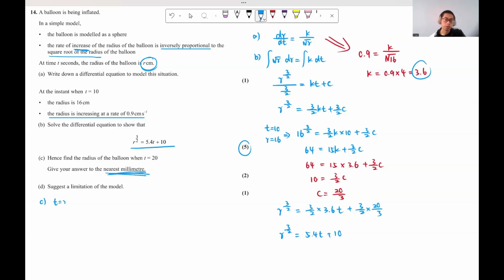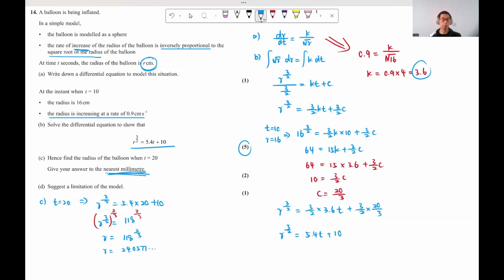All right, so t equal to 20, substitute in, so that would be r to the power 3 over 2 equal to 5.4 times by t, which is 20 plus 10. So then r to the power 3/2 is just equal to, so 5.4 times 20 plus 10 is equal to 118. So then r has to be equal to 118 to the power 2/3. Because if you want to cancel out the power, you just do the power of the reciprocal. Because 3/2 times 2/3 becomes 1. That's how we cancel out the power. So 118 to the power of 2/3, which is equal to